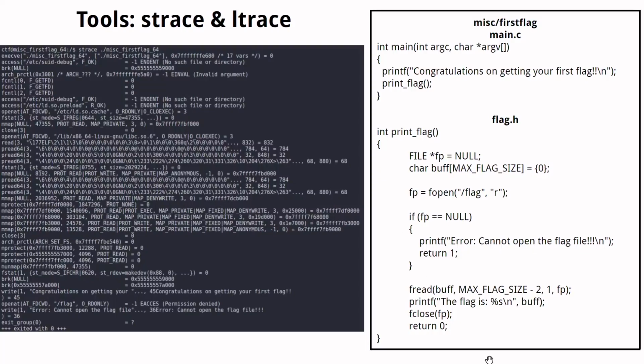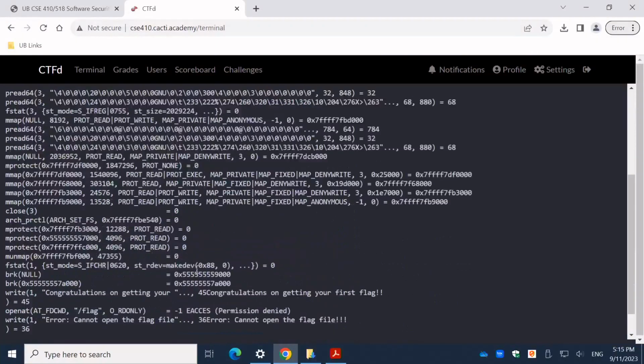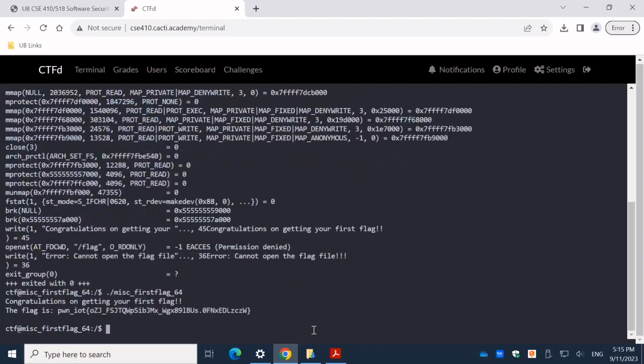So if we run this program, you can see here, when we run this program with strace, we actually get permission denied here. You are not able to print the flag. But if you run this program directly, you will be able to get the flag. That's because when you run a program with strace, even though it's a setuid program, it will not have the root privilege. Okay,